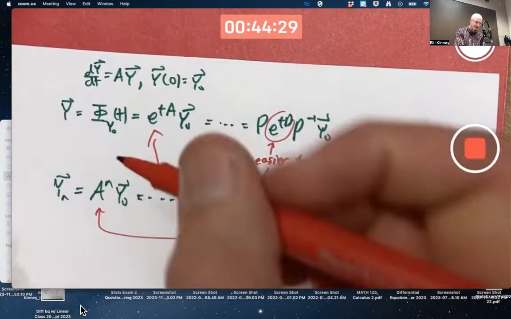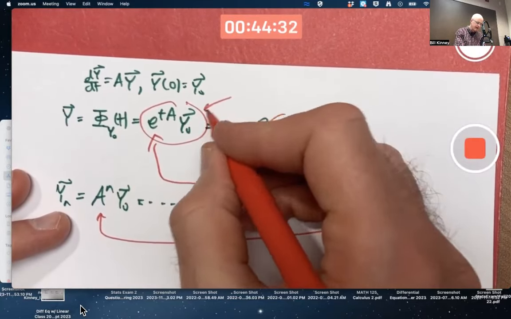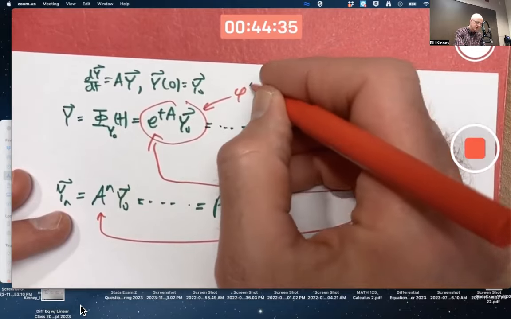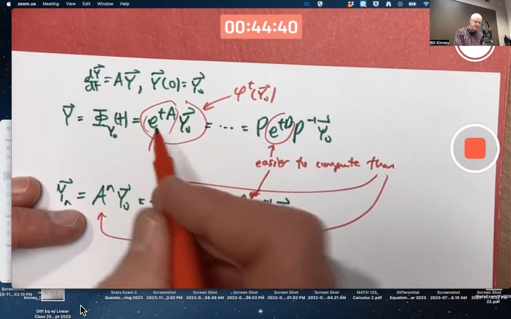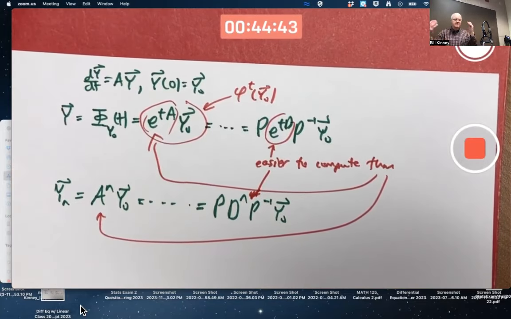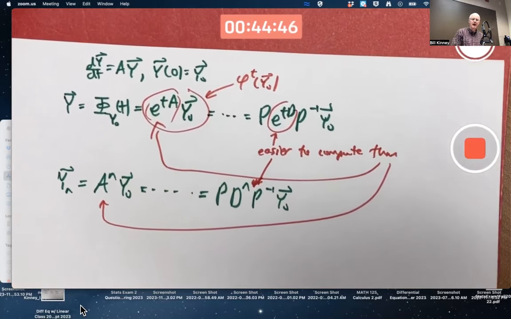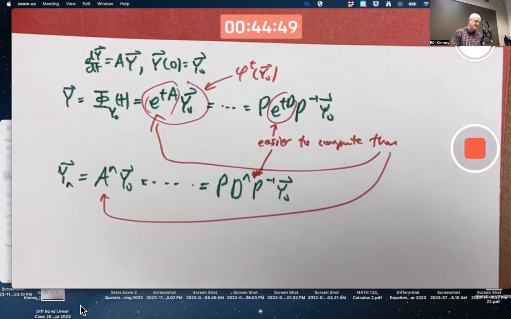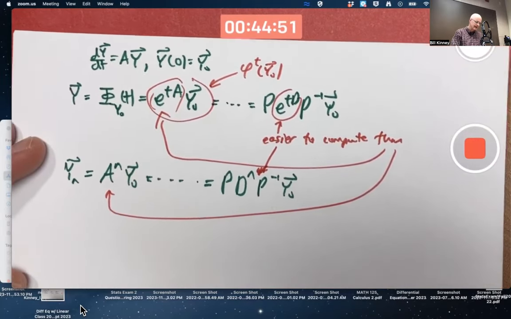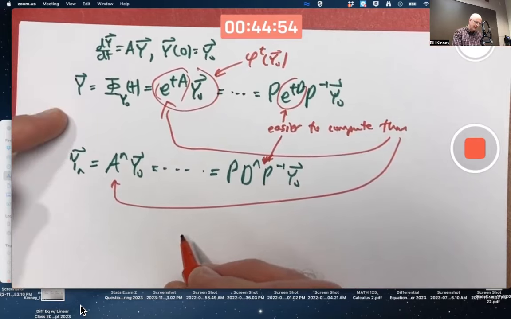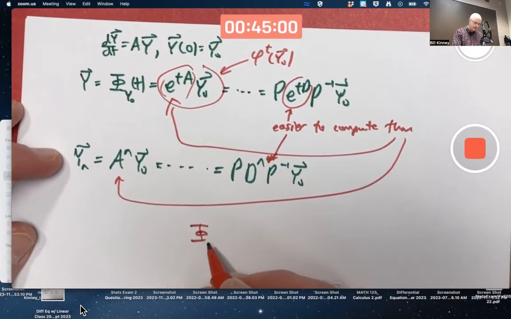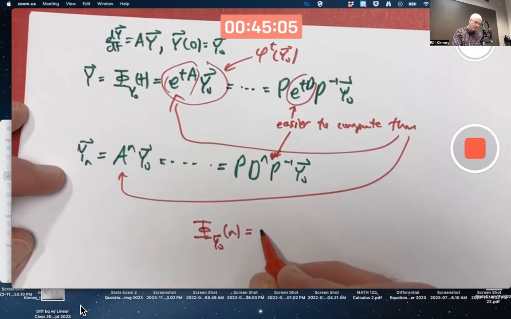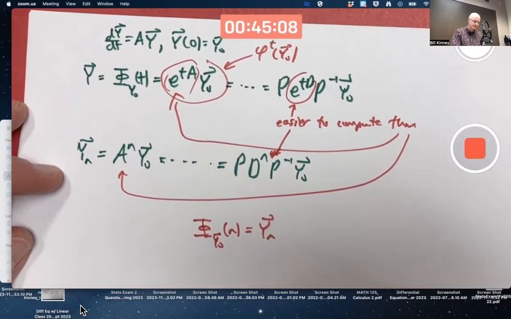We could think about this differently. We could think of it as, say, cursive phi superscript t of y naught. Think of t as fixed and y naught as the variable. It then becomes a linear transformation. You can think about areas of images if you like. It's just kind of a fun thing to do. The most important thing that does, though, for us is it connects these two things in the sense that for integer values of t, phi sub y naught of n ends up matching y sub n for the difference equation,